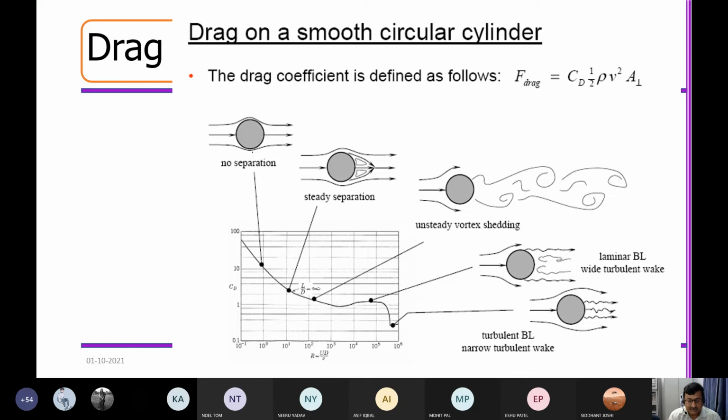Suppose you have a solid object trying to move at a particular velocity. You encounter two types of friction. One is called skin friction, which is the friction associated with the tangential direction as the flow comes in, climbs over and goes out. The other is called form friction, which happens because of these recirculations, the normal component of the drag force. So there is a skin drag and then there is a form drag.